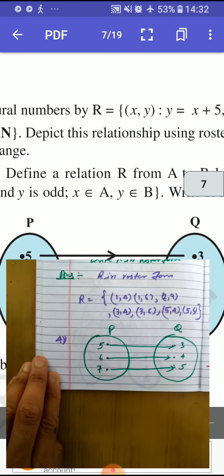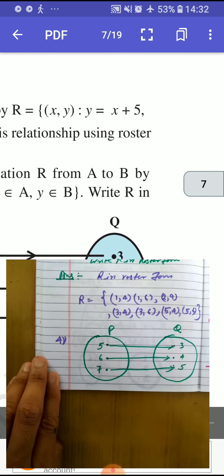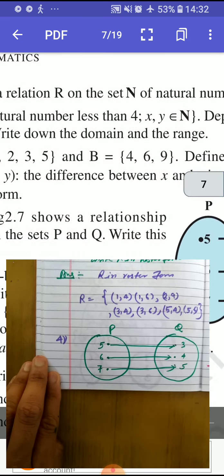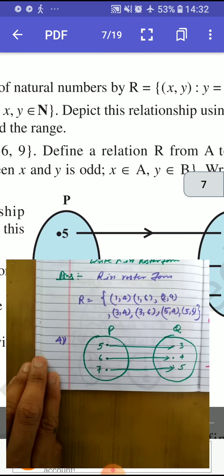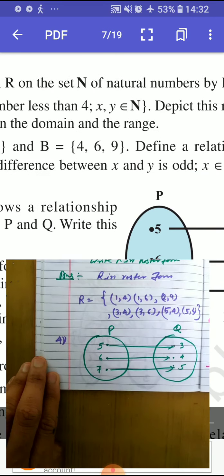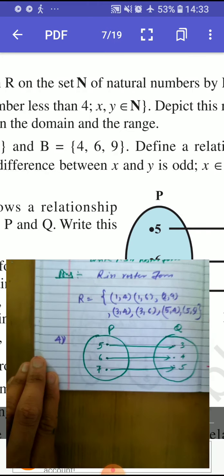Define a relation R from A to B by R equal to {(x, y) such that the difference between x and y is odd}. My dear student, as we know, the difference of an even number and an odd number will always be odd, right? So therefore you can write,